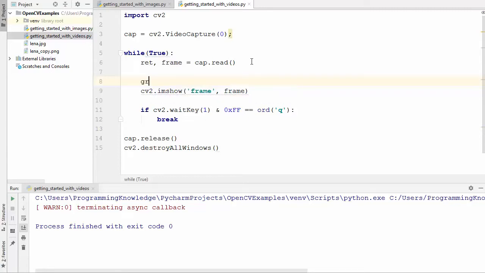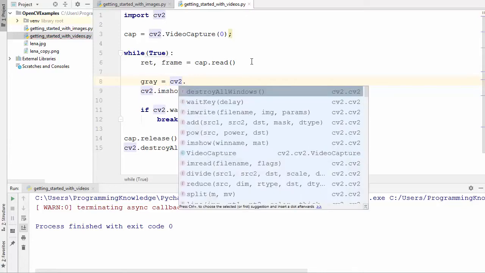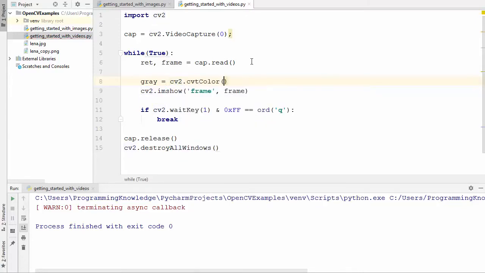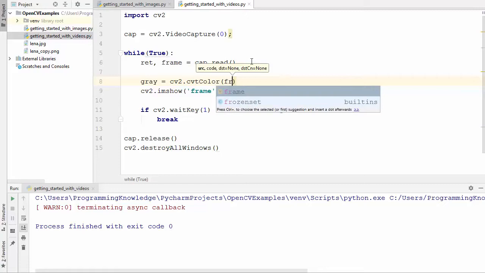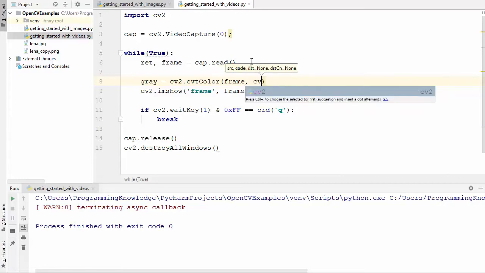For that, what you can do is define a variable called gray or anything else, and then there is a method called cv2.cvtColor, which is to convert color. The first argument it takes is the source. In our case, the source is the frame which we are capturing from the cap.read method. The second argument is the conversion we want to do. So we will just call